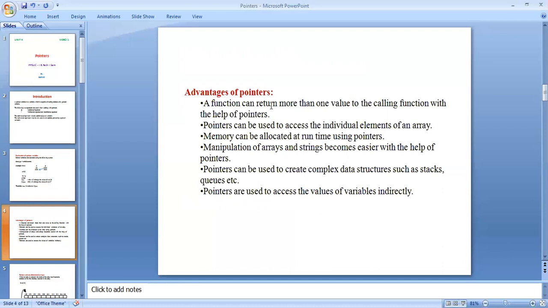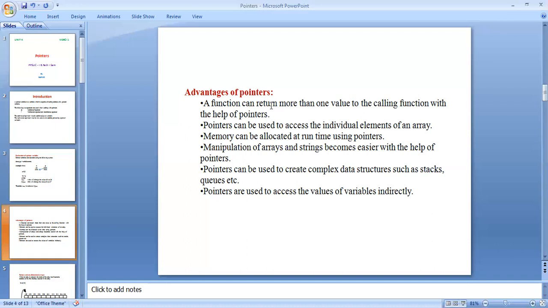Pointers can be used to access the individual elements of an array. It means that elements will be accessed one by one in the array. Array means an indexed storage.